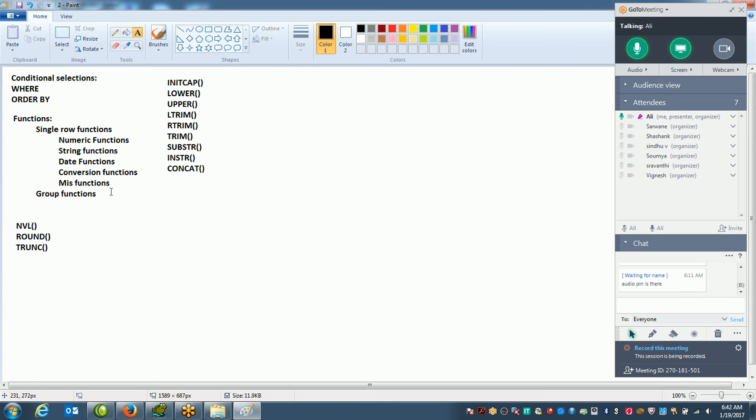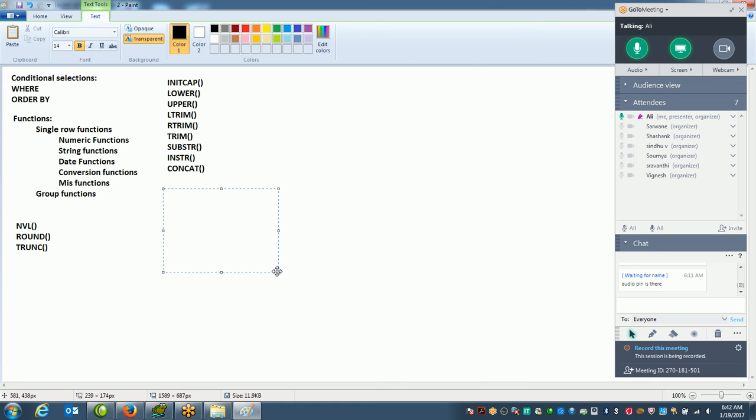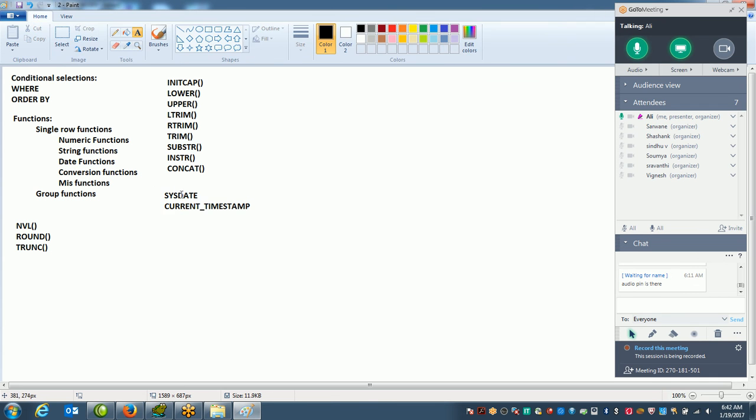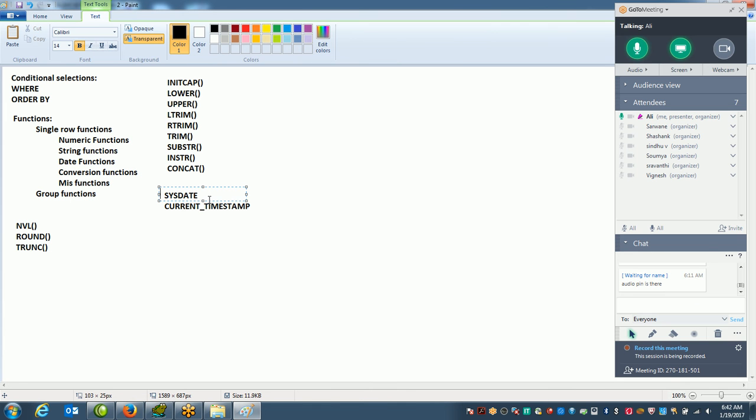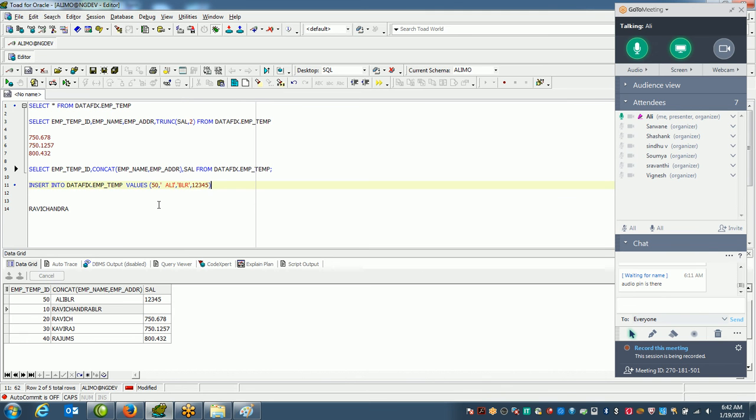Okay, next, coming to date functions. What are date functions? We have date functions like sysdate and current underscore timestamp. These two are the date functions, sysdate and current timestamp. The sysdate function is used to display the system date. So you can write like this: